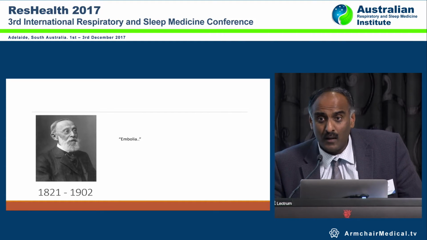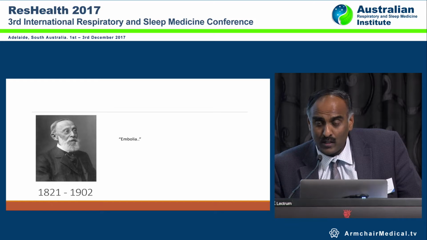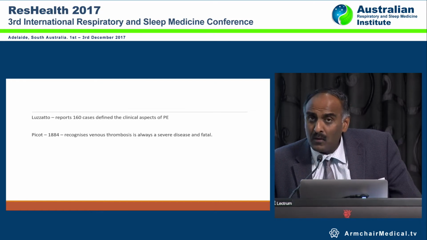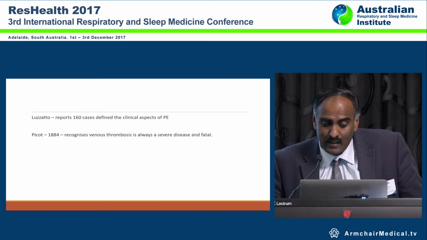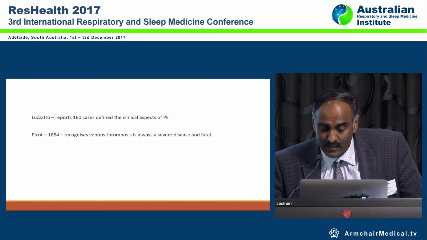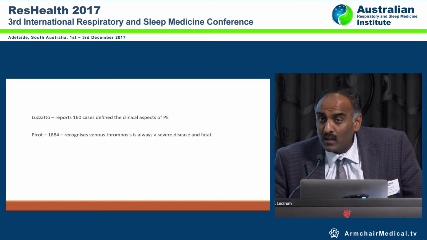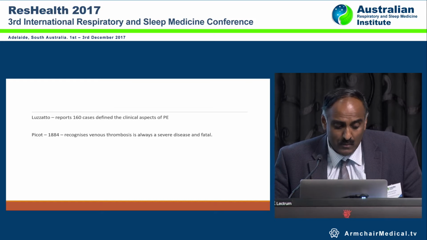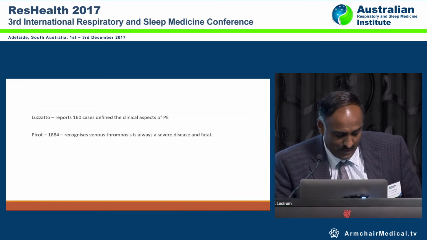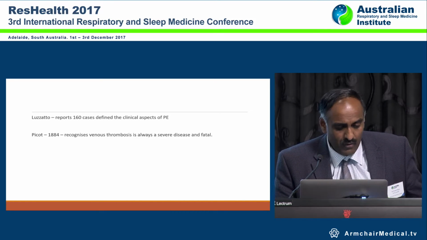He's also well known for Virchow's triad, in which thrombophlebitis and inflammation in clots were one component. Following that, in the late 1800s, there was recognition that venous thromboembolism is always a severe disease and fatal. Now, from then on,